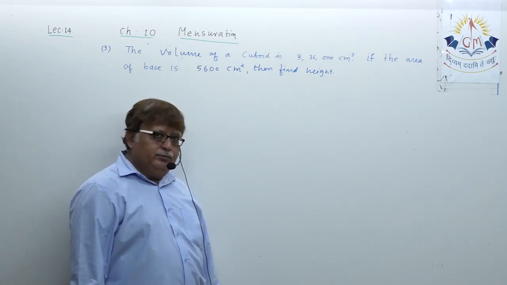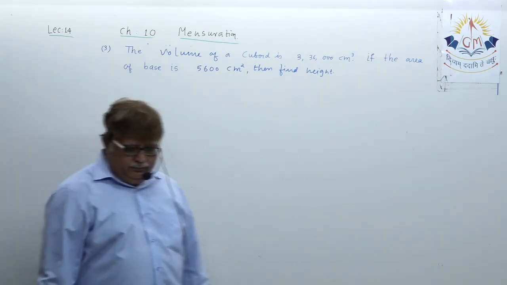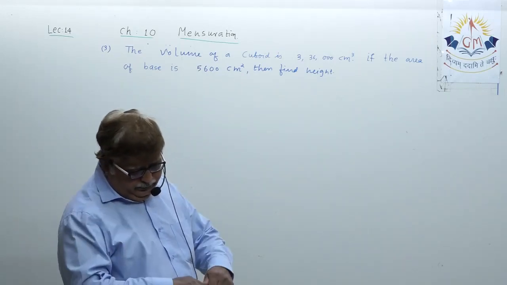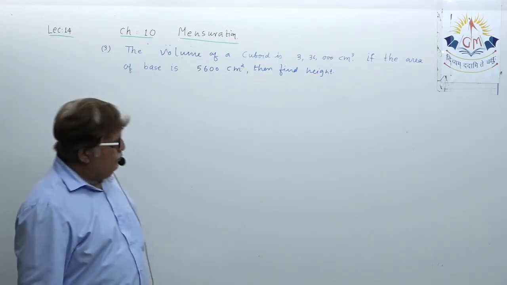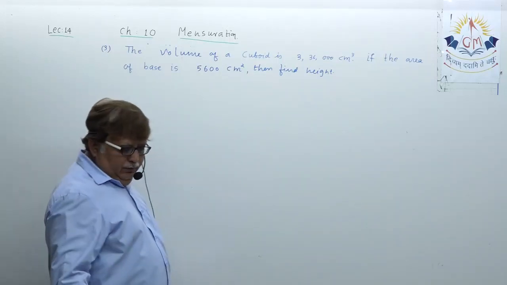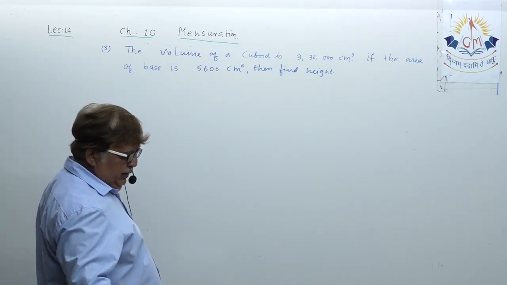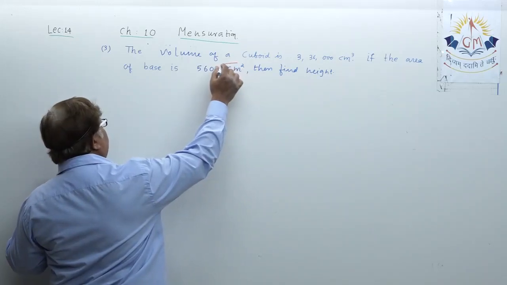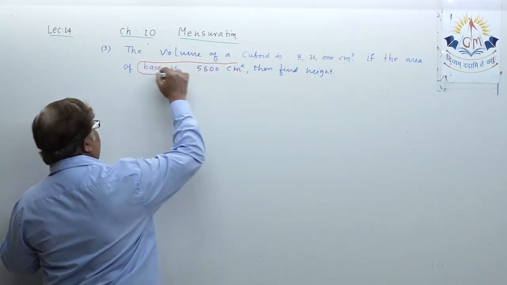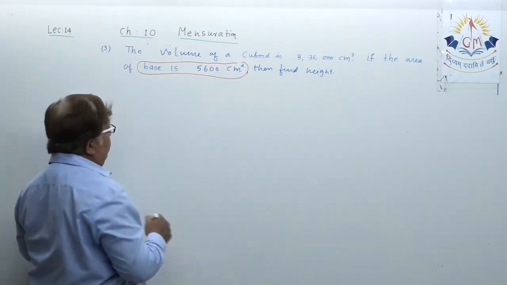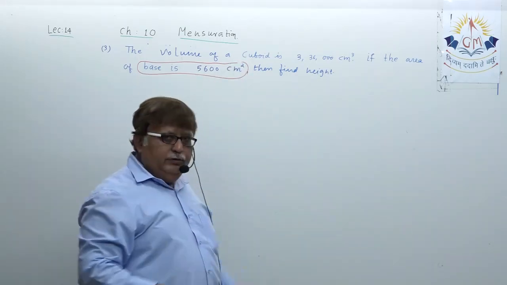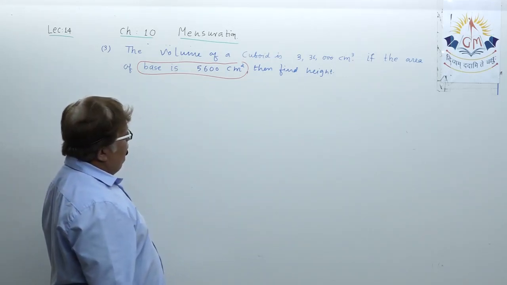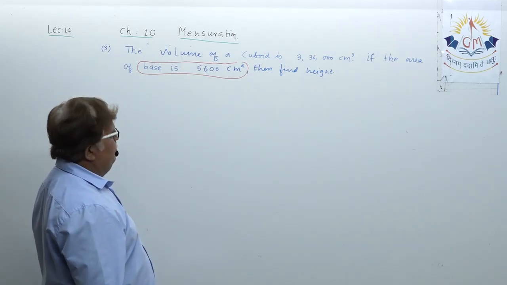Just 1 minute more. Understand, and then we'll solve the same example here on the board. I want this here lies the click point. You understood? Here lies. This is. If you understood this, you can solve the sum quite comfortably and quite easily if you just understand this only.